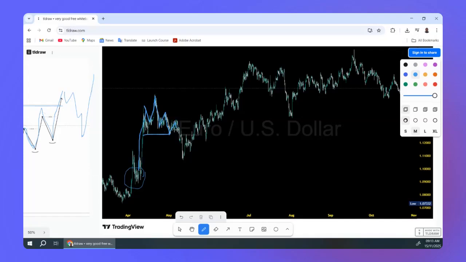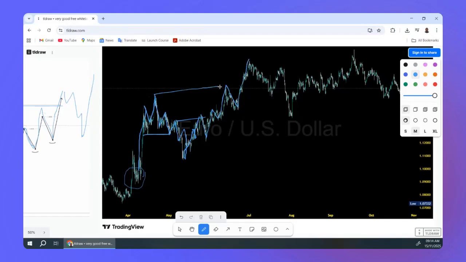We see the market continuing to break structure up to this point, which can be a discount zone of the Fibonacci retracement. Now we see the market making a chop and breaking structure here, and the market continues to break structures